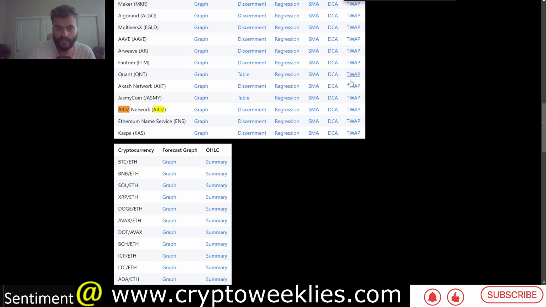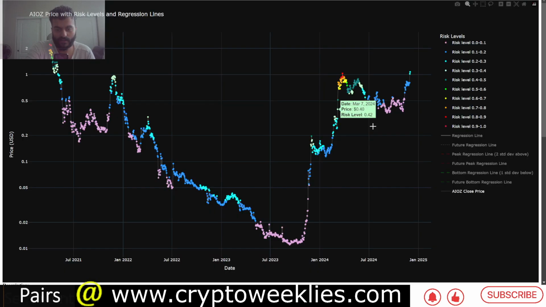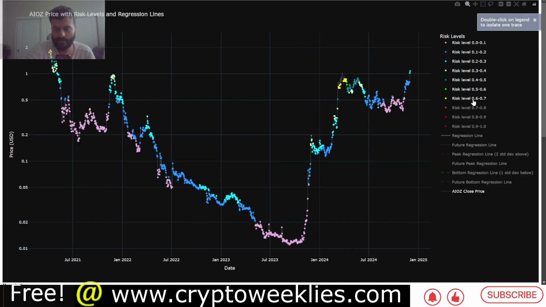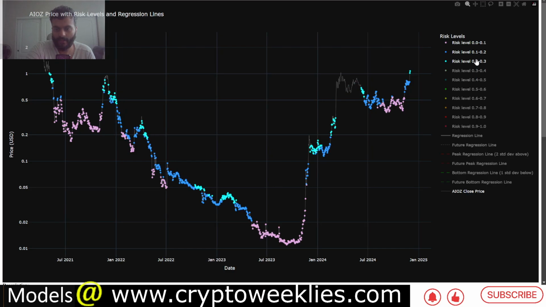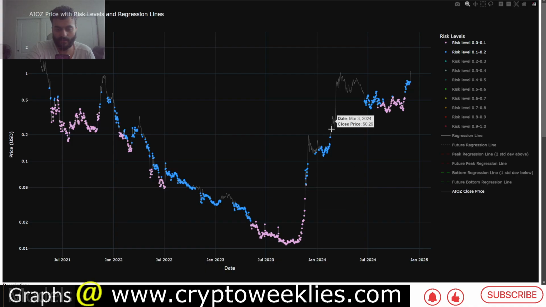You can see over here, the DCA model identifies the bottom as well as the top, but again does a better job of identifying the bottoms. You can see per this model, the risk levels are at around 24%, closer to the bottom than towards the peak. And this particular model, again, if the hypothesis is DCAing below the 20% risk level, this model identifies just the same.